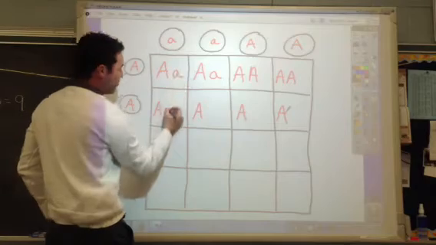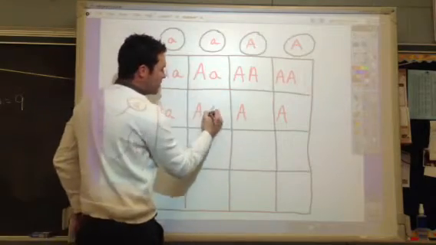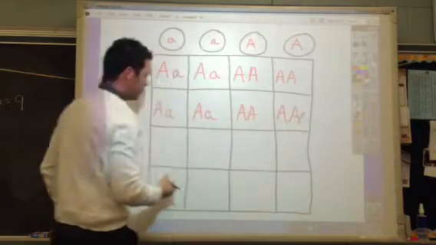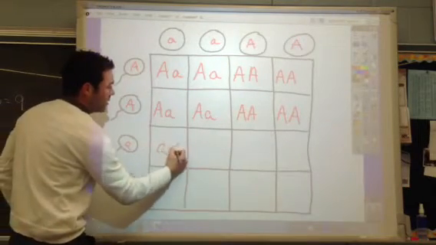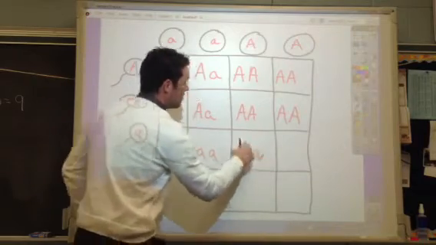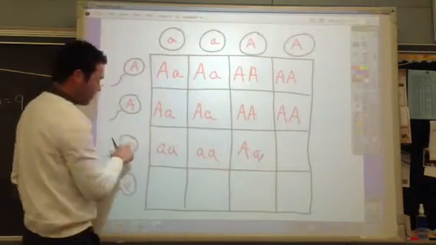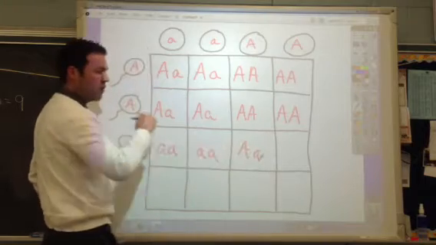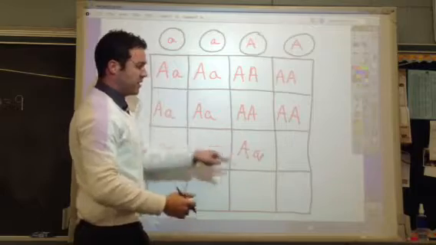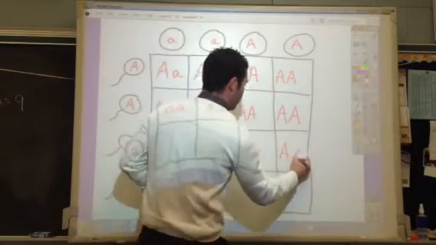Now I bring down whatever is in the egg. Bring it down, bring it down, bring it down. So I'll do this quickly, keeping in mind, this one had the dominant A, so I still keep it first. This one had the recessive A, so I don't always necessarily have to put the sperm's letter first. I like to keep it consistent. And the last one,